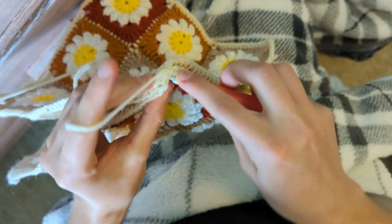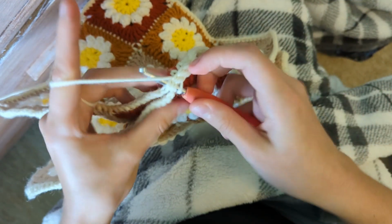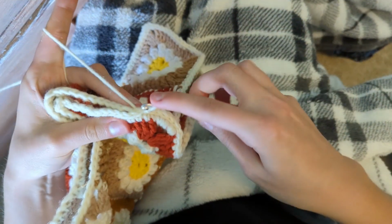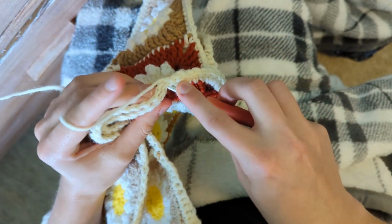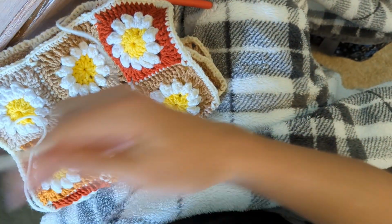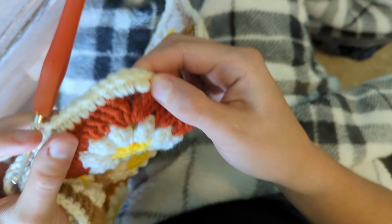So we slip stitch through that, and we're going to go all the way around, just slip stitching these stitches together. It's pretty simple. And each slip stitch that I make, I'm pulling very tight to secure the slip stitch, because that way the seam that I'm making is a very tight seam. So as you can see, you can kind of see the work that I'm doing here in the seam. These slip stitches are very tight slip stitches